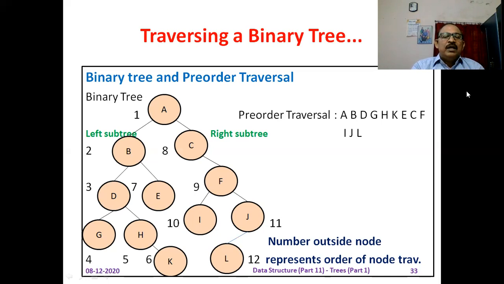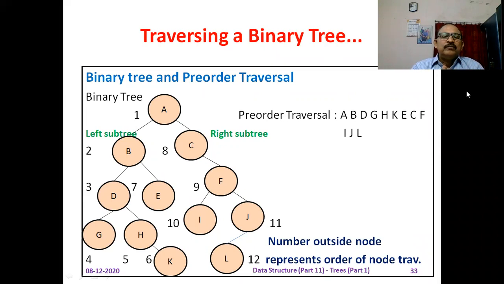At this place, control is returned back. What is the most recent suspended activity at this time? The calling of the pre-order traversal with the right subtree of node D, meaning we call the pre-order function with the right subtree of node D. At this time, node H is the root of the tree. So H is printed on the screen.